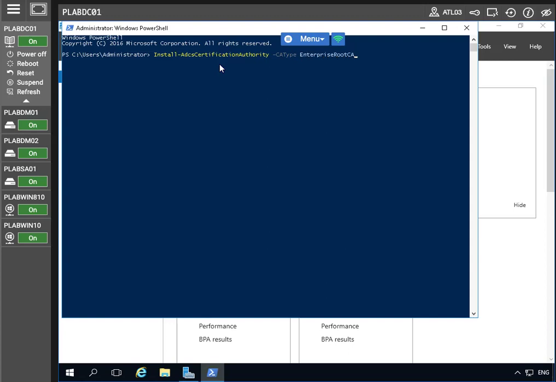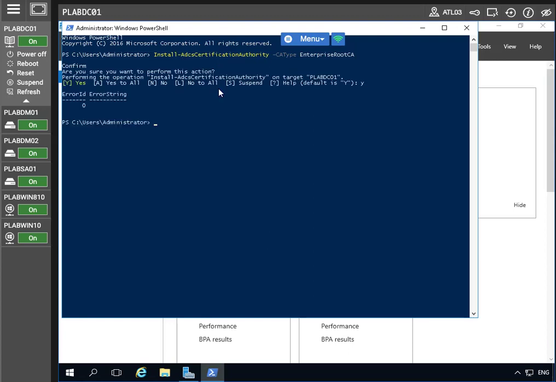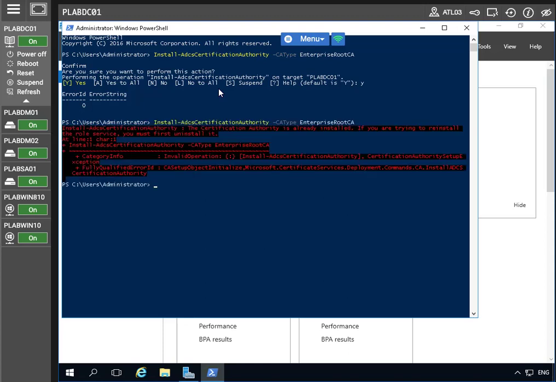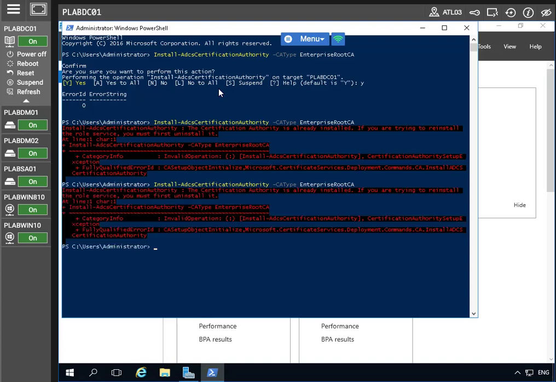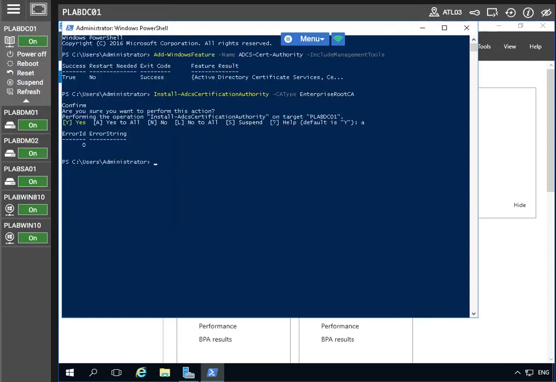There we go. Actually, no, that was wrong. All right. Let's see. It's already installed. Now we're going to have to reload this because I need to do all, not just yes, but I need to do all. So let's fix that. All right, so we got that situated, and now what we're going to do is we're